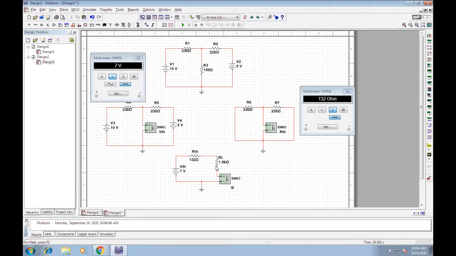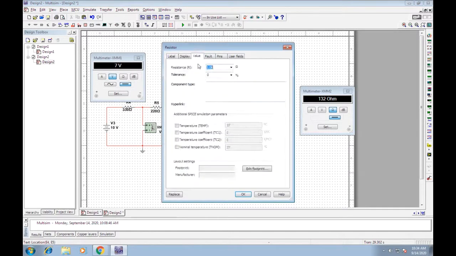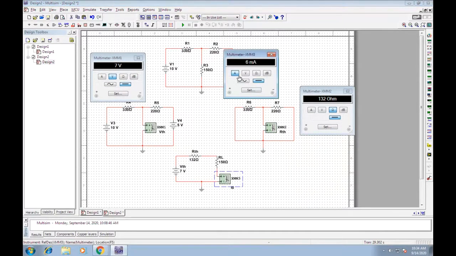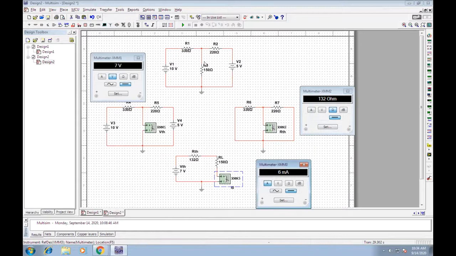RThevenin value is 132 ohms. RL will be nothing but, from the first circuit, the difference between the first, second, and third circuit: in the first circuit there was R3. In the second circuit and third circuit, there is no R3, right? So that is the value you are supposed to use, that is 150. Understand how you have to prepare the fourth circuit? If you prepare this, we are going to find the current. And if you run this,